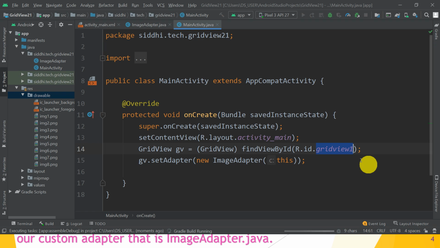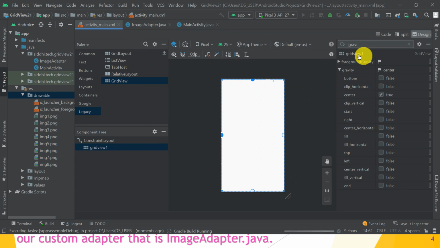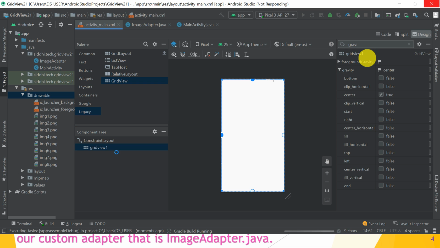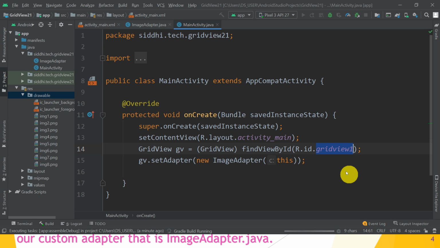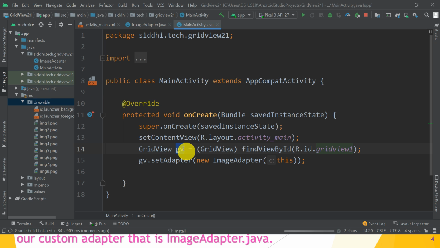What is gridView1? It is the name of the ID. That ID is referenced by the object reference of GridView, and for that grid view we set the adapter. Using the setAdapter method we can set the object of the customized adapter class, that is ImageAdapter.